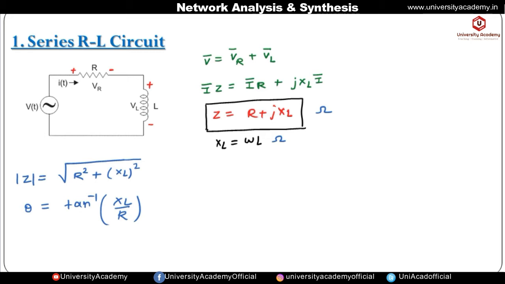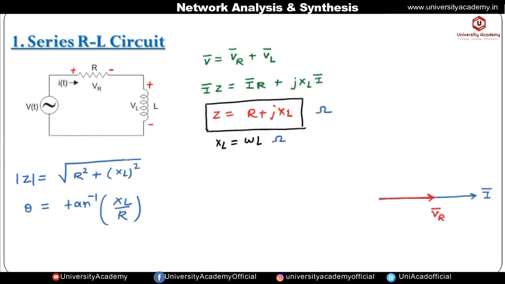So this is series RL circuit, and we know that in series the current remains the same. So if we take the current phasor as the reference, यहाँ पे क्या है, तो सीरीज में करंट होता है सेम, इसलिए हम करंट फेजर को एज ए रेफरेंस लेके चलते हैं. Okay, and then this V of R is the voltage drop across the resistance, and in the previous lecture I have told you that in case of resistance, voltage and current are in phase. It means ये जो V of R होगा, that will be in the same phase with this current. So this is V of R and it is in phase with this current, so this is VR phasor.